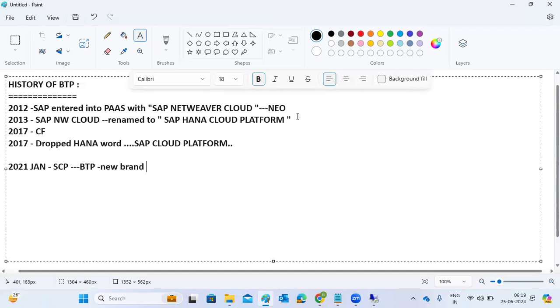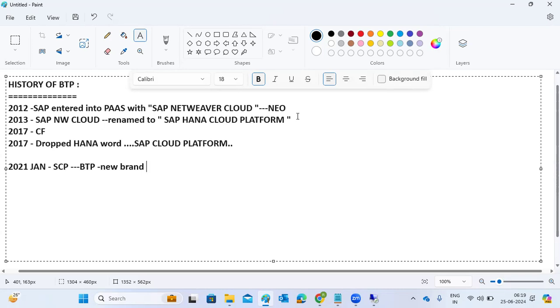However, as time went on, SAP realized that the platform was offering more than just cloud services. It also included technologies for development, integration, and analytics. They introduced more into the cloud platform.